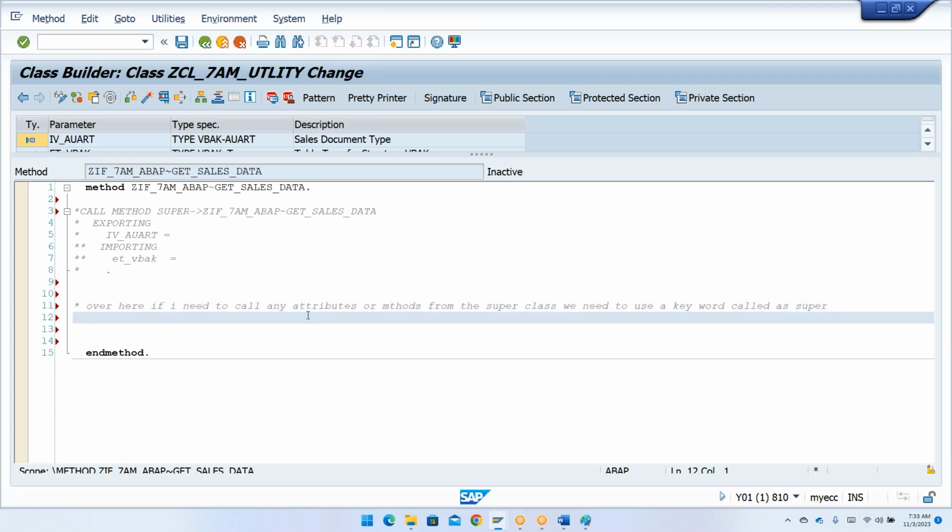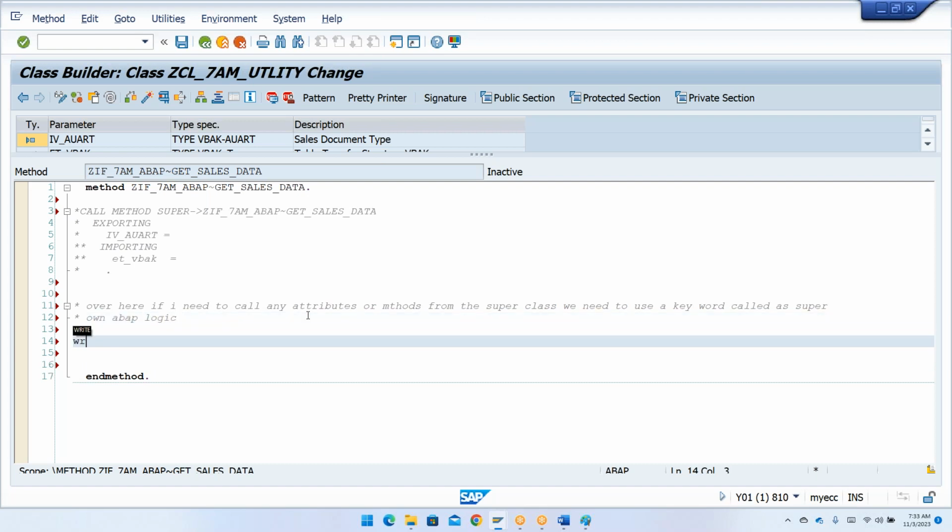And here also you can write your own ABAP logic. So let's say I'm going to write here